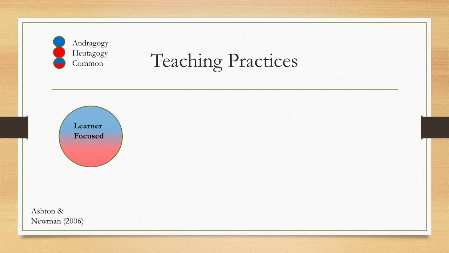It's on the shoulders of the adult learner. They are provided with some lecture in the Andragogy, hardly any in the Heutagogy, but they're still both focused on the learner. So I think that's the important statement to make is, as we're migrating and evolving, and Ashton and Newman talked about this extensively in the article that I'm referencing, in that this is a major shift from the sage on the stage to self-actualization, self-organizing the learning environment. But both of these do focus and place that focus on the learner.